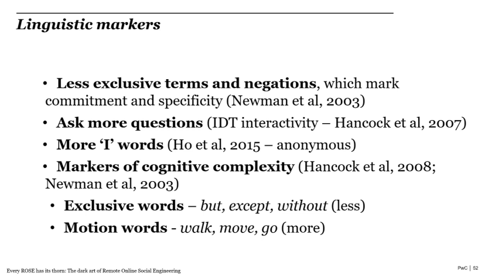There's been some research which suggests that, contrary to what I just said, liars may use more first-person pronouns if they're anonymous, which is particularly interesting. So I think that's interesting for two reasons. The first is it demonstrates that more work needs to be done in that area to work that out. But secondly, that these aren't 100% reliable, that they're not going to apply to everyone. There are also some markers of what's called cognitive complexity as well, which are a symptom of a liar being cognitively loaded in attempting to lie.